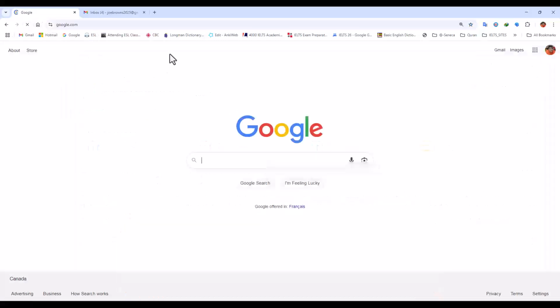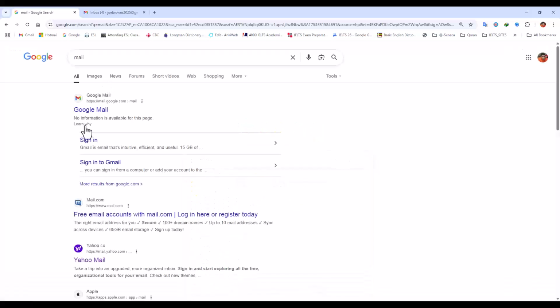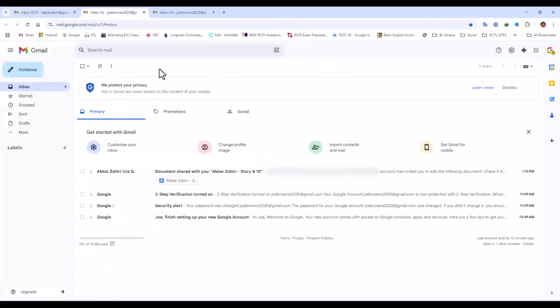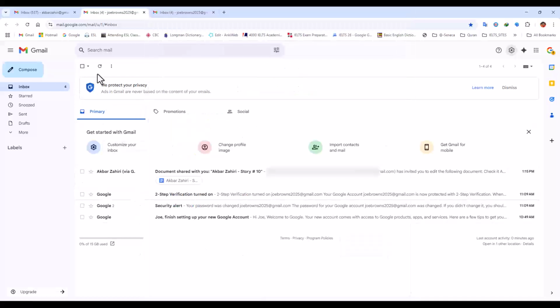Or on Google, if you search for Gmail and press enter, the first option, as you see, is gmail.com, and you can click and sign in. Maybe it needs you to sign in. You can write your email address, account, and also password, and go to your Gmail. Mostly the appearance that you will see is like this. You will see the letters that you have received and the folder options here, and if I click on more, I can see lots more.